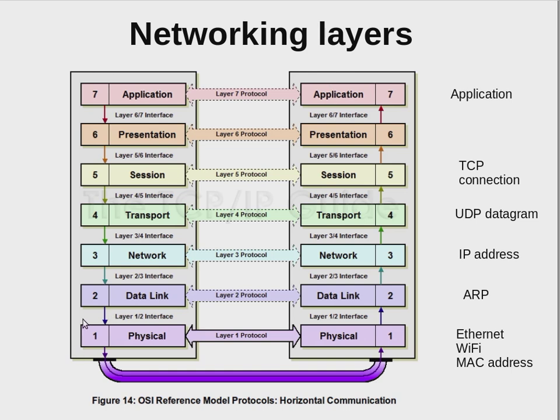And on the vertical axis, this picture shows abstraction layers or aggregation layers, how you can look at this communication through the data transmission network. And by the way, when I talk about networks, I mean data transmission networks. I do not mean electricity networks, transport networks, etc. So we talk about how we can send data from one place to another.